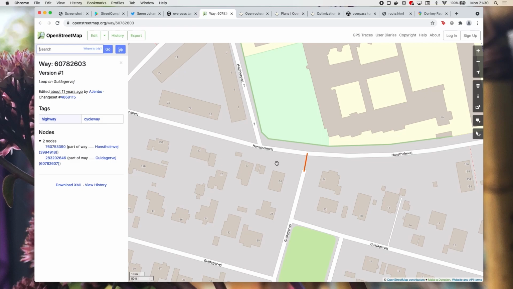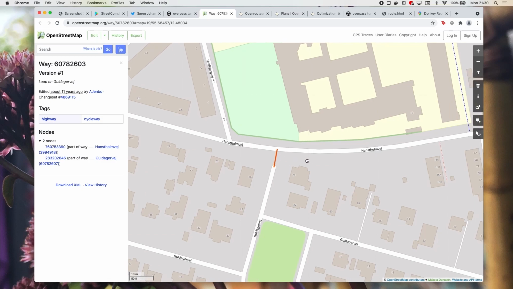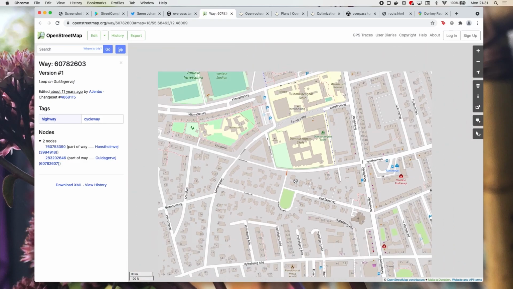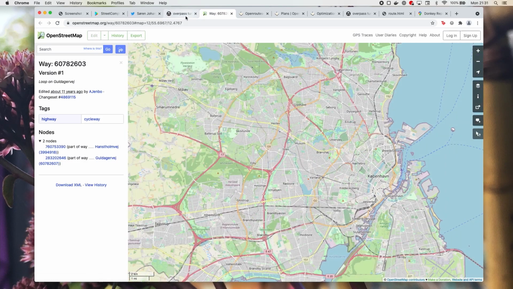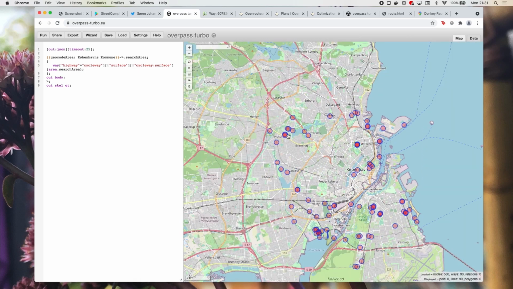So if you knew, you could just go in here on OpenStreetMap, press edit, and go ahead and put the surface on. But for me, I wouldn't be able to do that because I actually don't know what the surface level is. So for me, I would open up Street Complete. I will take my bike out and go to this place, and tell Street Complete what the surface level is. And that can take a lot of time because, as you can see here, there's a lot of different ones. If I didn't have an efficient path between all of them, I could waste a lot of time just driving around if I haven't got an efficient route.